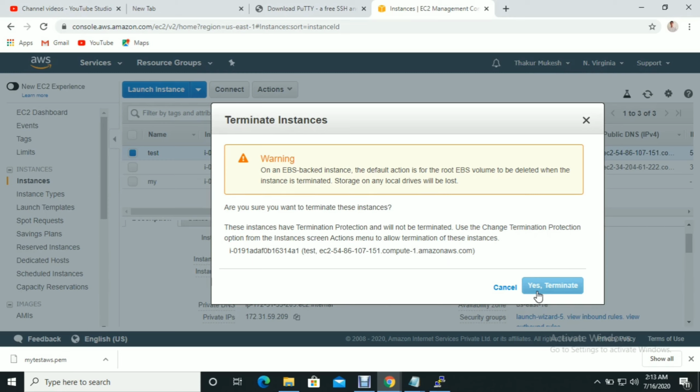Suppose some team member came and accidentally clicked on terminate instance; once they click it, that instance will be terminated. So that's why, if termination protection is enabled, then a warning message will be given that termination protection is enabled for you. So you first have to disable it, then it will be deleted.